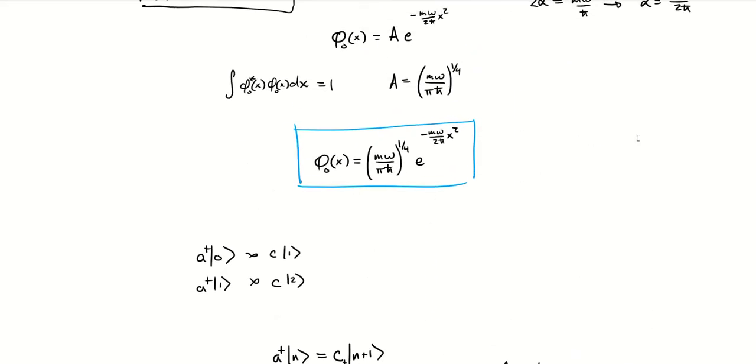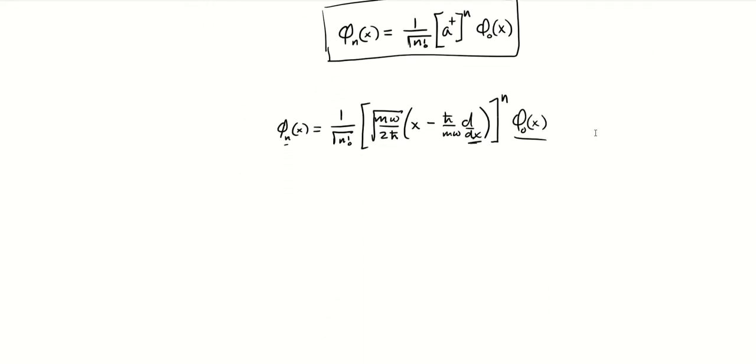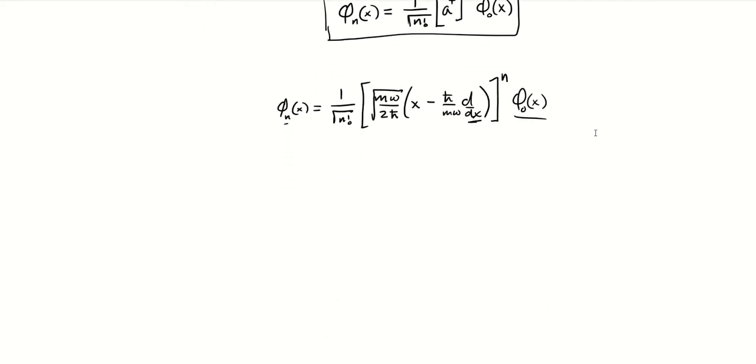But it turns out, if you look at the form of our ground state wave function way up here, every time you take a derivative, you're going to multiply an x down here. And then the next time you do a derivative, there's going to be a chain rule. So what you end up with is an exponential times a polynomial to the nth order, right? And those polynomials, it turns out they have a name. They're called the Hermite polynomials. And we'll give them the symbol h, and we'll use that variable.